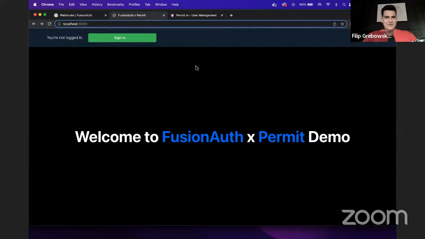And without any further ado, I'm just going to jump right into the demo and try and explain how these two things work. One very important aspect of this is that we're going to look at how FusionAuth authentication syncs with Permit, and where that handoff point within the application actually happens. So the point at which the user registers with FusionAuth, and then that same user gets synced into Permit, so then we can have that control over our application.